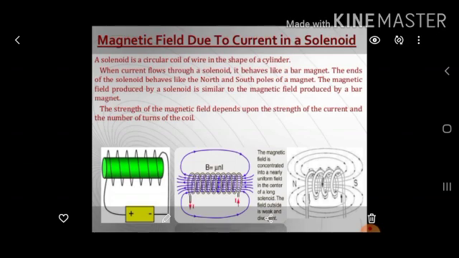When the two ends of the coil in the first diagram are connected to a battery and you plug in the key, you can see that a magnetic field is present around the coil. So this coil behaves like a bar magnet. As you can see the magnetic field lines around the bar magnet from north to south pole, in the same manner here also you can see the magnetic field lines around the solenoid.